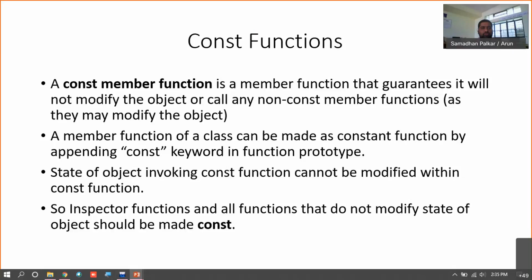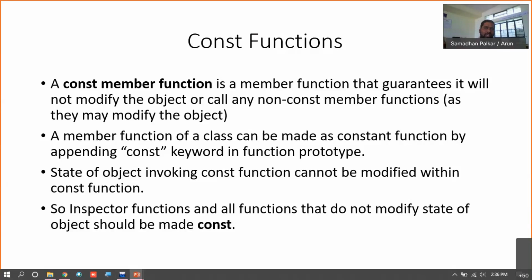So we make constant the functions which are just used to read or inspect, the functions which are not modifying the state of objects, right?